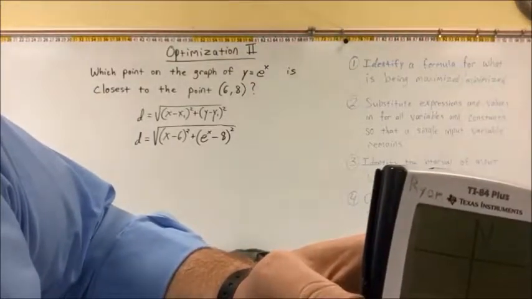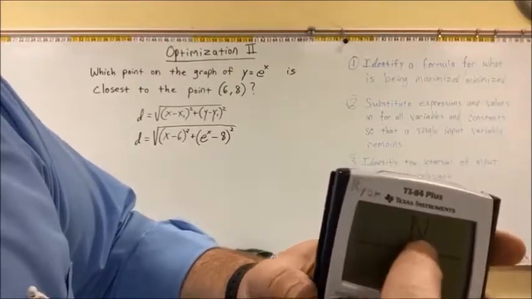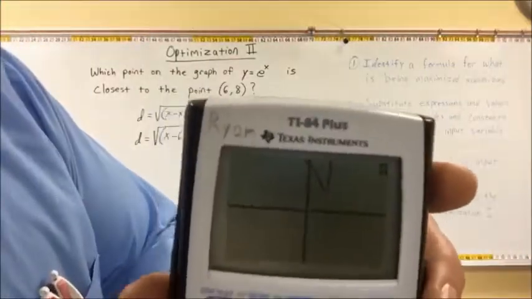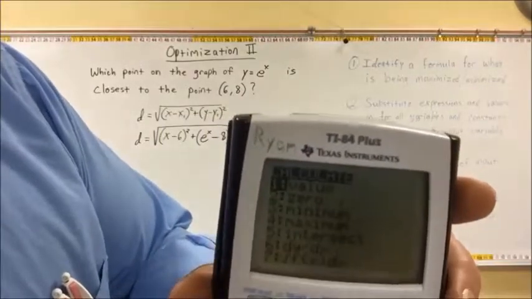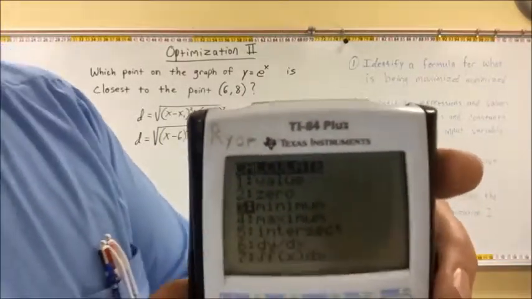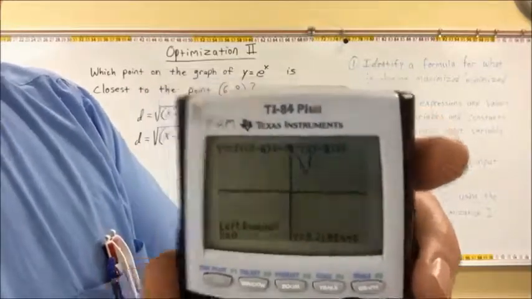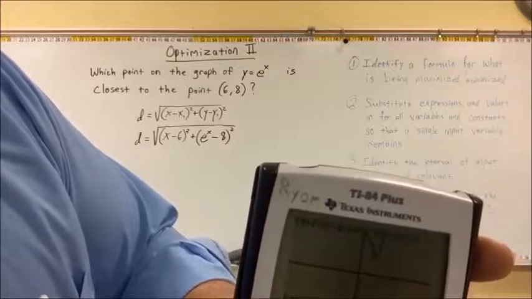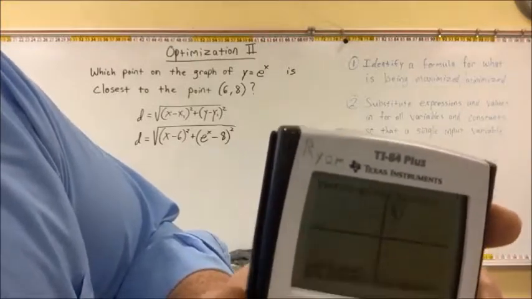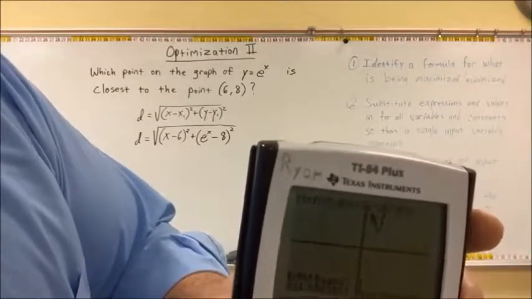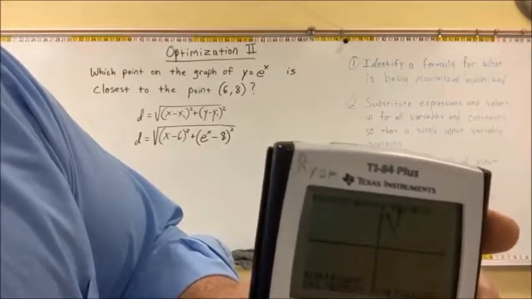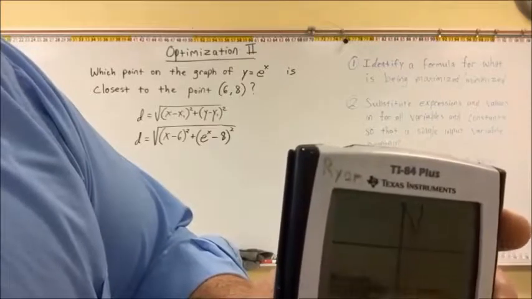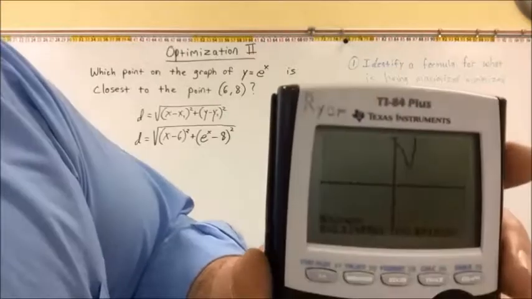There it is. Oh, there's a low point. Look at that. See that low point right there? So we're going to go second trace. Go to the calculate menu, choose option 3, enter. And it says left bound. So we're going to go to the low point there. We want to go left of it, press enter, then right bound. We want to go to the right side of it, press enter, then guess, we'll just press enter, and there it is. See the cursor down there? It says it's x equals